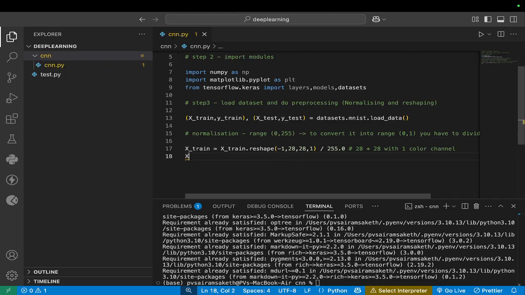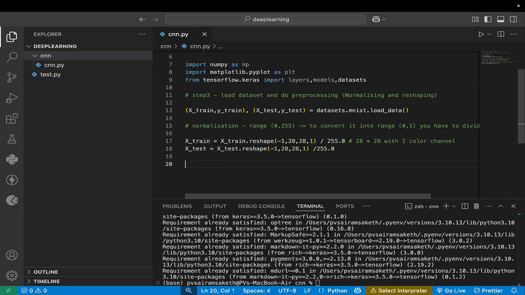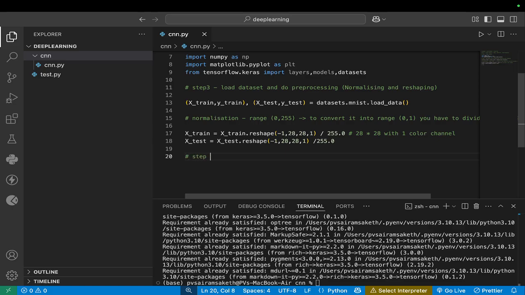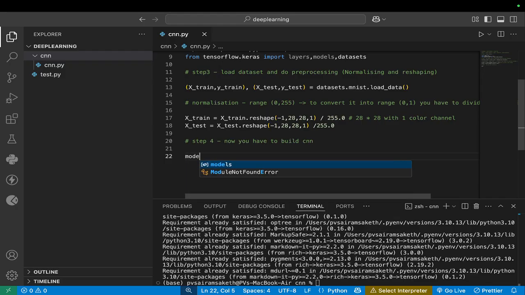So similarly we have to do it for x_test also. So x_test dot reshape, -1, the same shape we have to use, then only it will give you good accuracy, divide by 255.0. So once this particular x_train and x_test have been done, now you have to build this CNN. Build CNN. So now what you have to do, I'll create one variable, and in that I will use